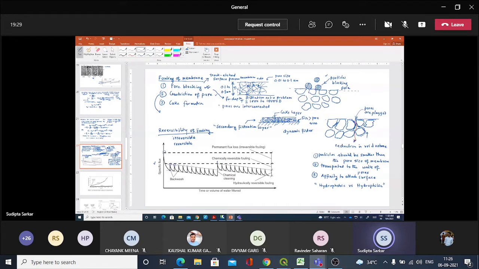Absorption also depends on the wettability of the surfaces, as well as on the electrical interaction between the particle and the membrane layer, as well as on the dielectric constant of